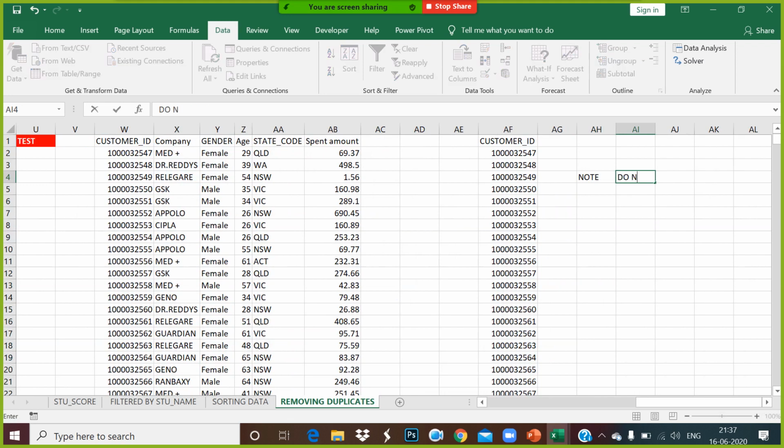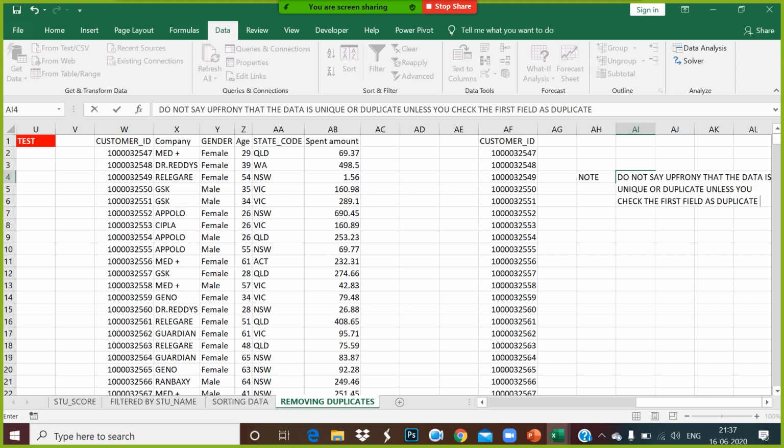Do not say upfront that the data is unique or duplicate unless you check the first field as duplicate or not.